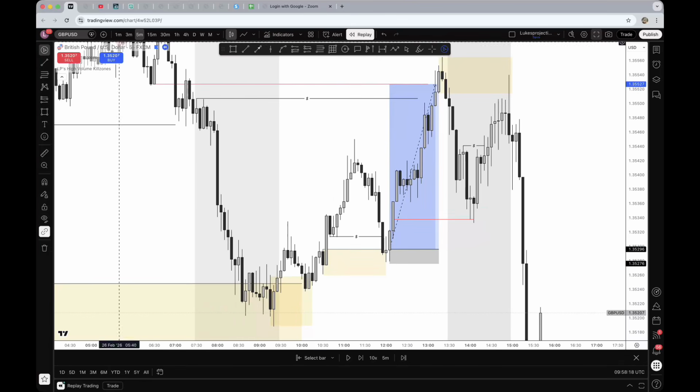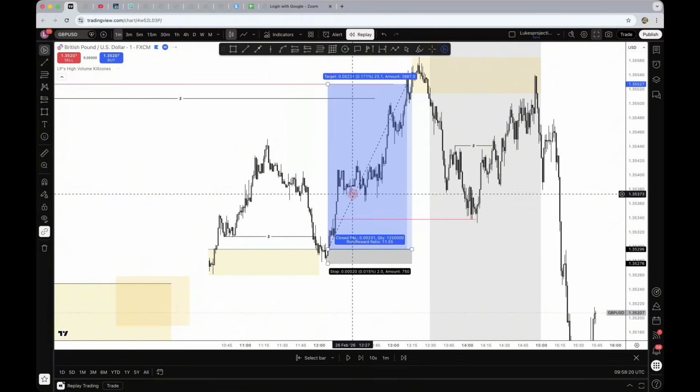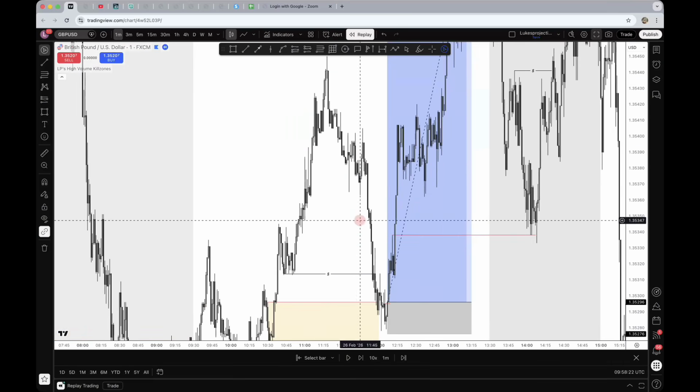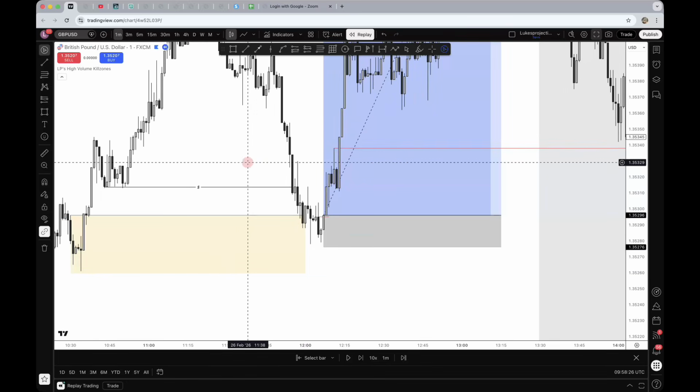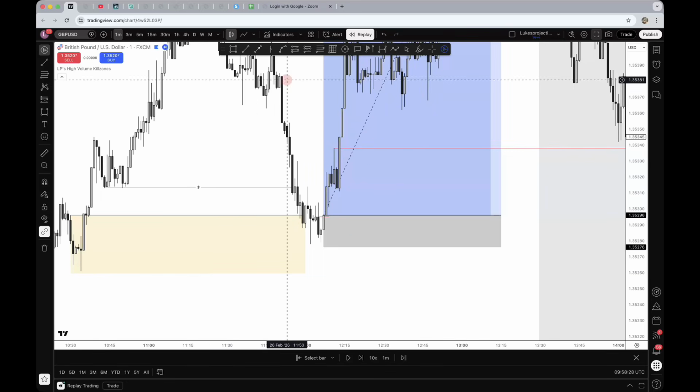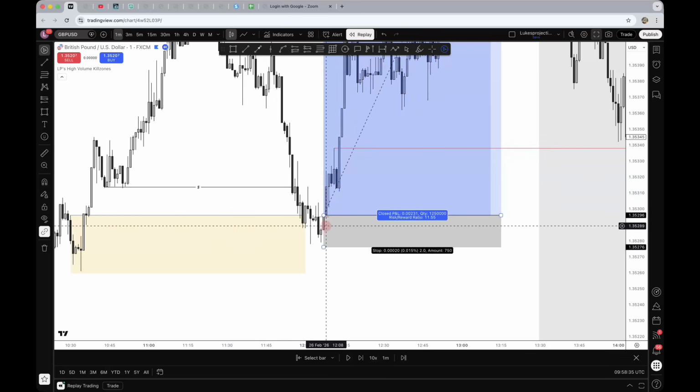Now, if we go on to the 1 minute, we can see our entry. Now, again, same thing. When we have a higher time frame POI and we have a lot of volume in the market, I'm not entering off the first tap. So we can see the huge volume down, price starts stalling, gives me that confirmation,